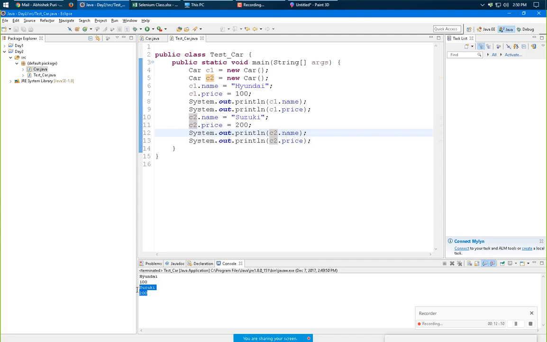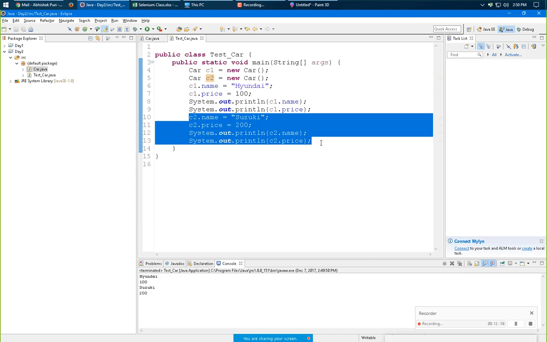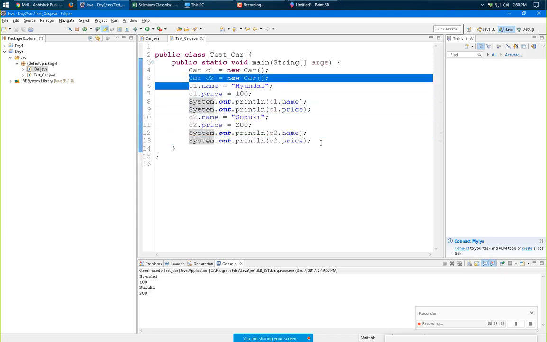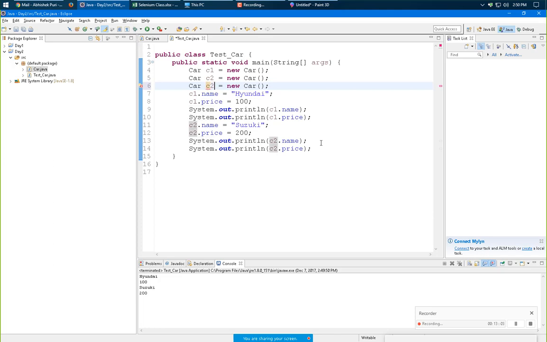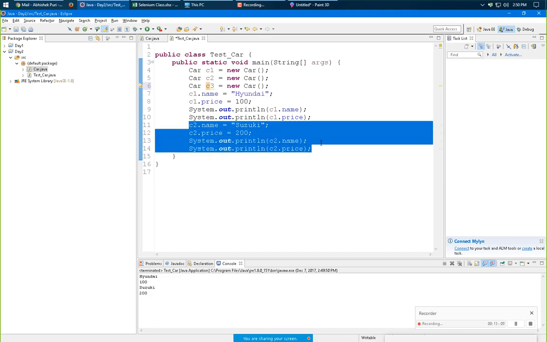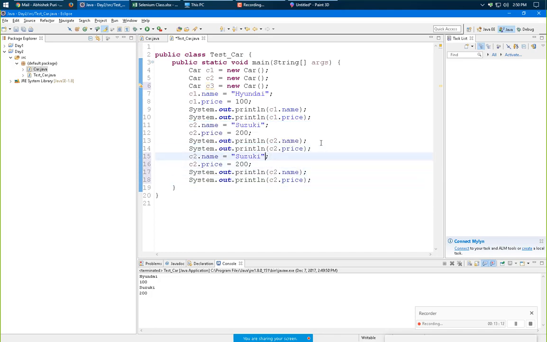In the same way we can create C3 also. If I allocate the name as Toyota and the price as 300, it is just reflecting the values from the third object, the third memory space.